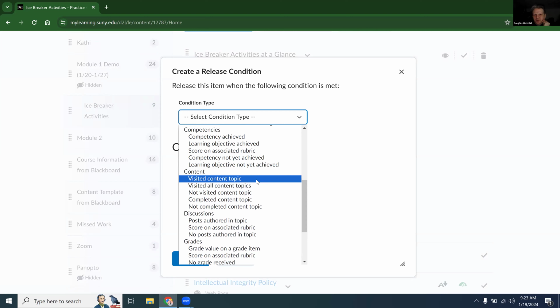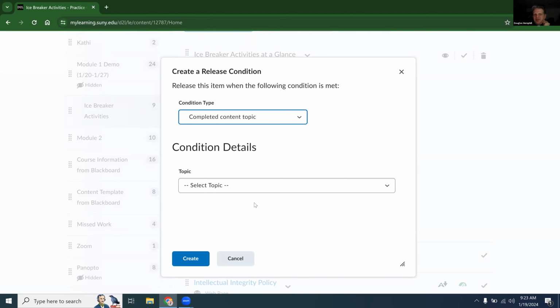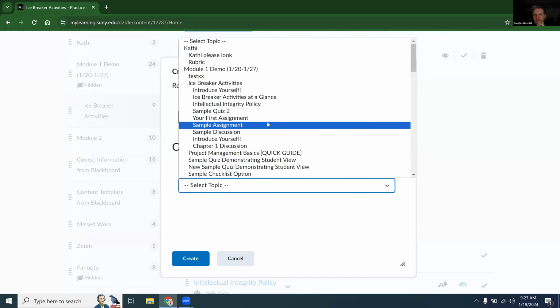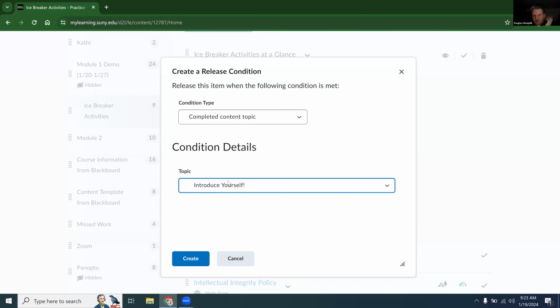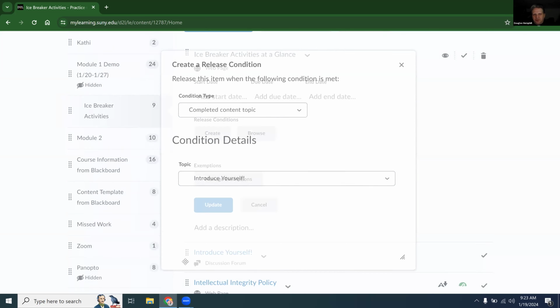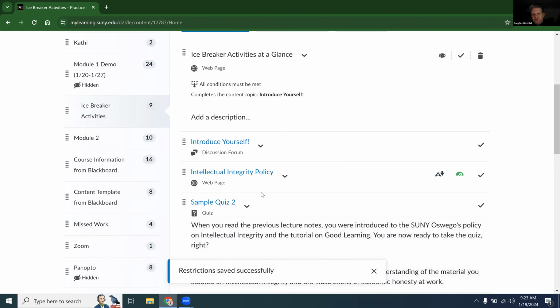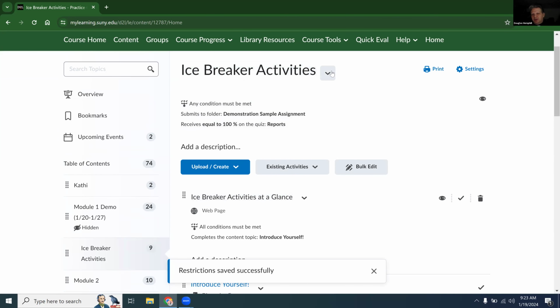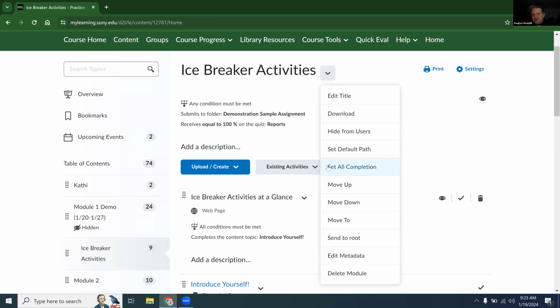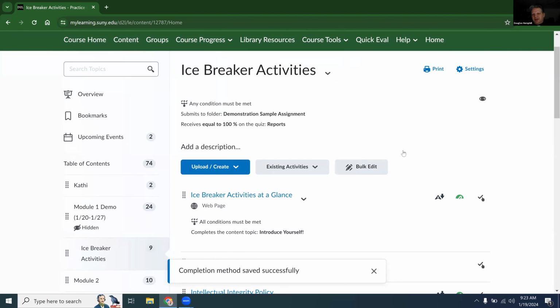Well, I don't necessarily want my students to just click through everything. So what I'm going to do is change my condition type to completed a content topic. And I'm going to say they have to have completed this particular one. And again, if I wanted them to do everything in a module, I could create a condition for each item in the module. But then what I am going to do is, and I'm going to do this at the top level, set the completion criteria for everything in the folder, and I'm going to require it to be manual. So in this case, as a student, what I would have to do is go in and